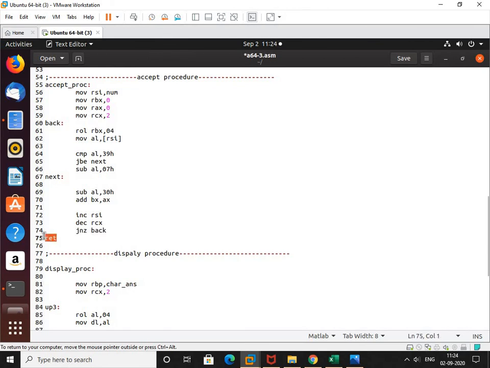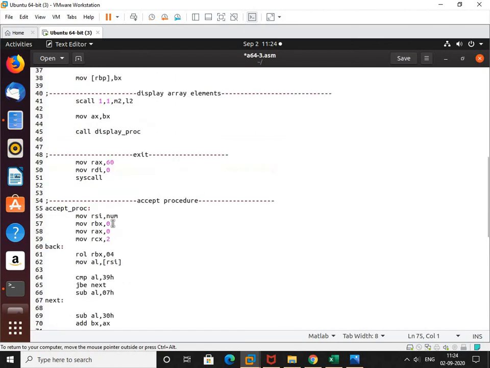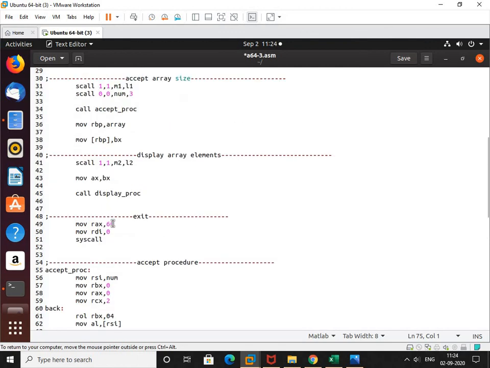So this next instruction address will be pushed onto the stack, so that after executing this accept proc, see, in this procedure we have the RET instruction. So whenever we return from this procedure, where should we return again? That return address, whatever the IP was pointing to, the next instruction after call, will be pushed onto the stack. So from the stack, I will come to know that this is the return address. After the accept procedure, I should return to the next instruction after call, right? So what is the next instruction here?